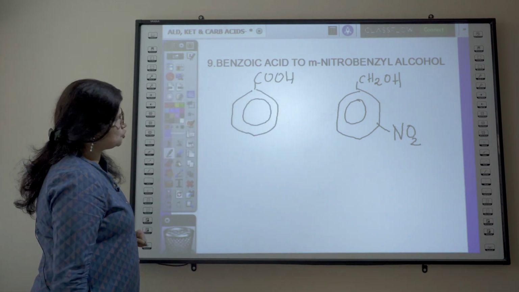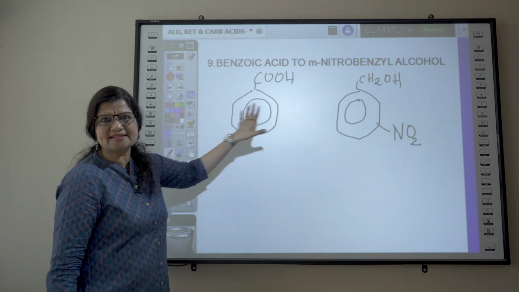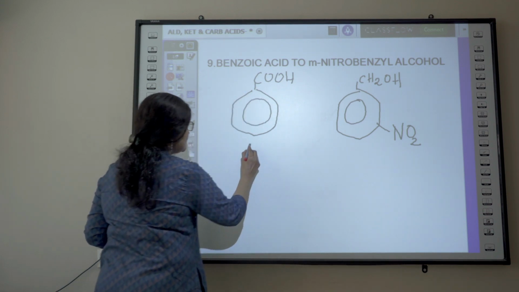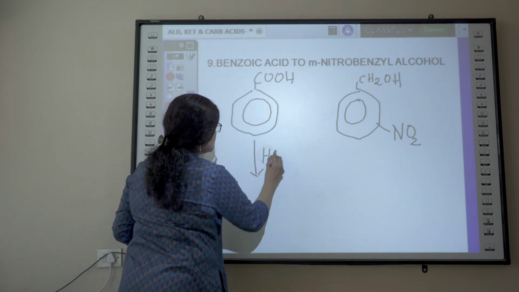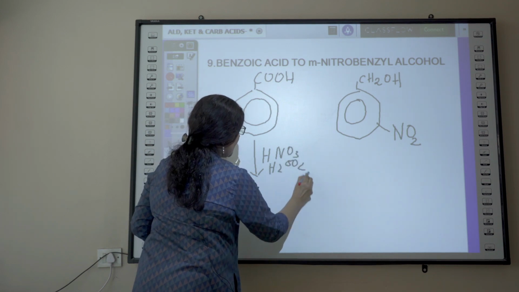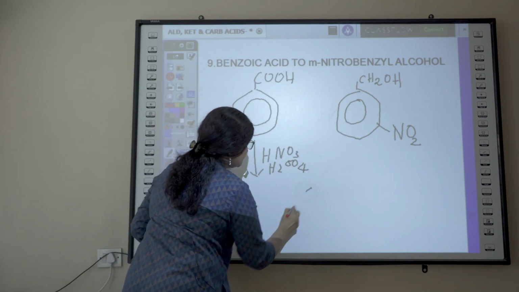So first what we can do is, subject benzoic acid to nitration. Carboxylic acid is a meta-directing group. So we first subject benzoic acid to nitration using the nitrating mixture and heat. You will first get